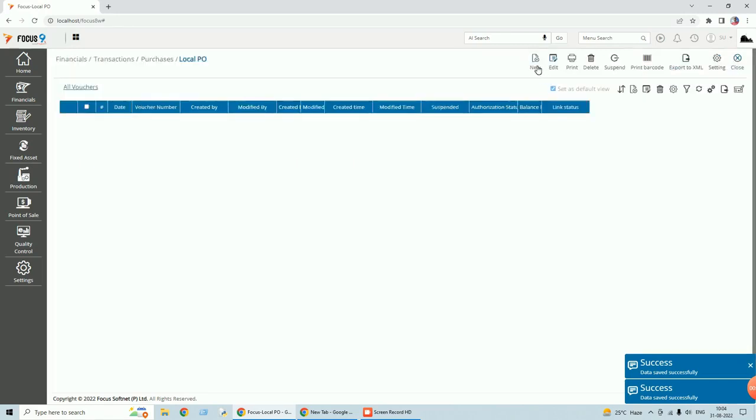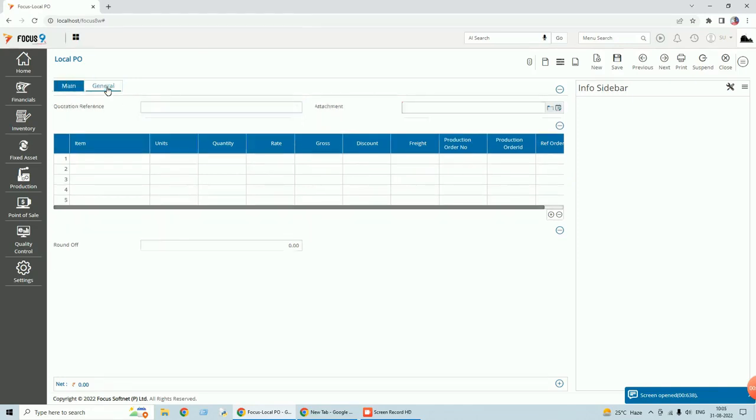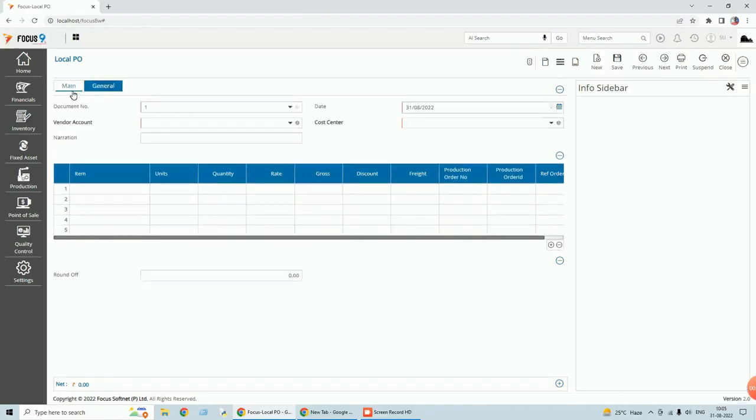I'll show you how that group will show here in the form. Now you see, before I was having quotation reference and document attached number. Now I cannot see this. These fields have been moved to this general tab. Like this you can even insert the menus here. So I have shown you how to insert the fields in the header, also in the body, also in the